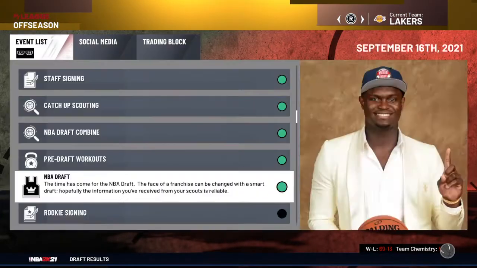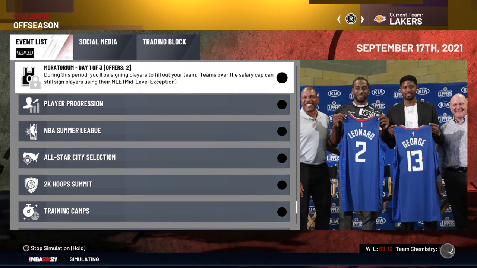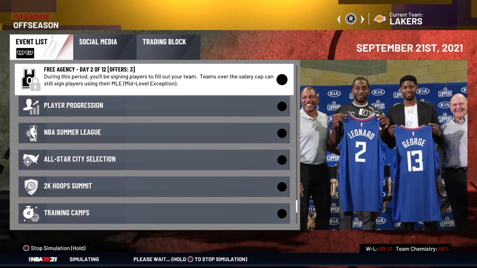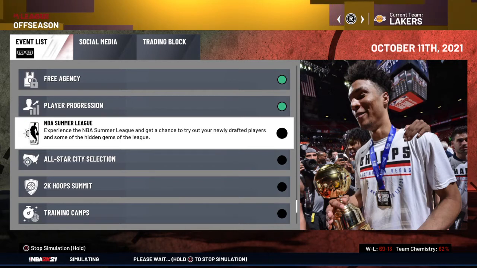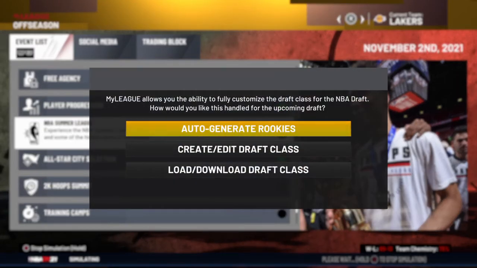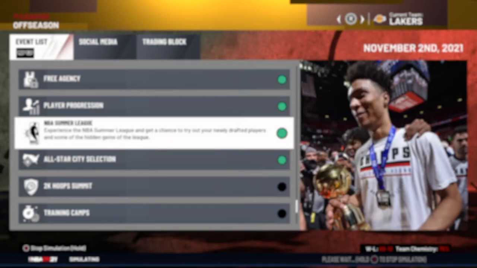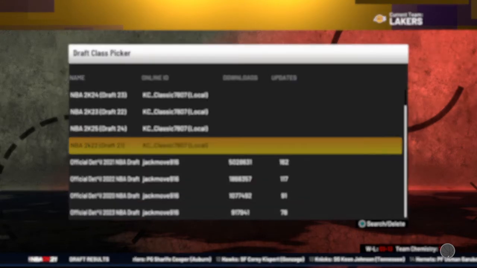And once you see that, you know that the draft class is glitched. But you won't see the weird stats and stuff until after you start playing games with that particular team. Personally, I'm not gonna lie, I haven't really played enough with the glitch draft classes to know what happens if you keep playing with them. Like, will they eventually regulate themselves out, or will they just stay glitched? But all I know is once you add one of these glitch draft classes into the league, there's not really a way to